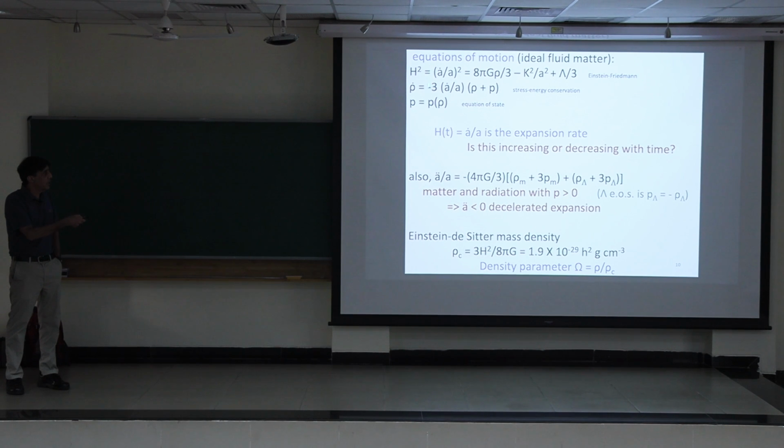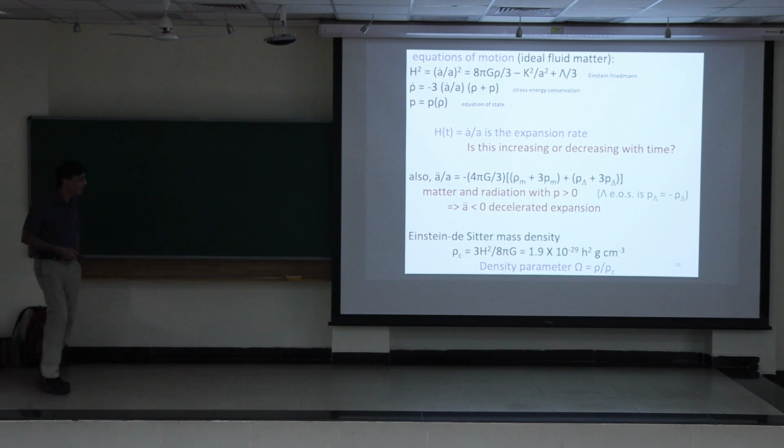And you can get an equation for A double dot by differentiating these and combining them, and you get this equation. And if we ignore the lambda for a second, you can see there's a minus sign over here. This is energy, mass per unit volume for cold dark matter and baryonic matter, and this is the contribution from the pressure. And that's the active gravitational mass density. And that minus sign tells you you get deceleration. And you can go and measure A double dot, and it turns out that A double dot is actually positive. So you've got a problem.